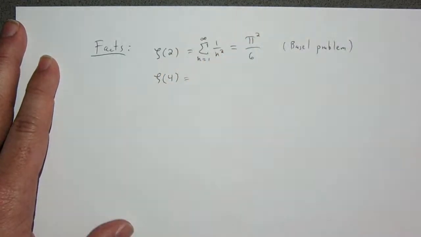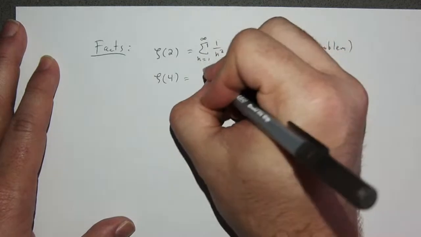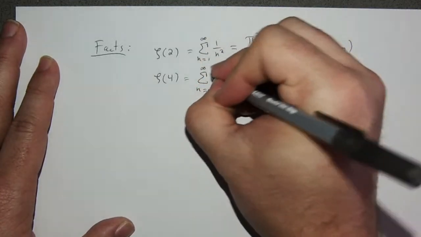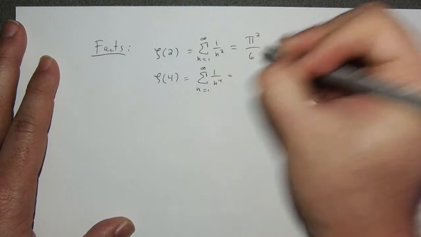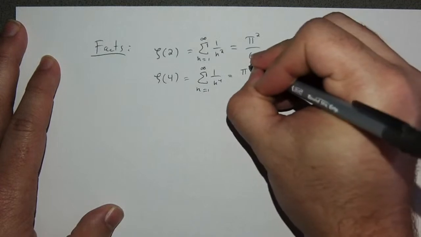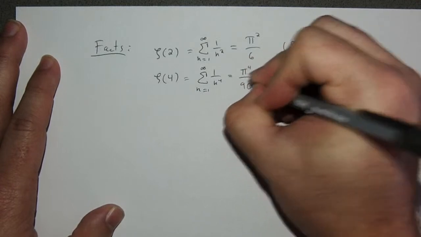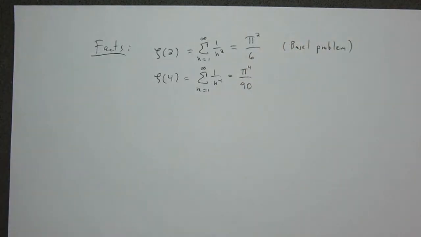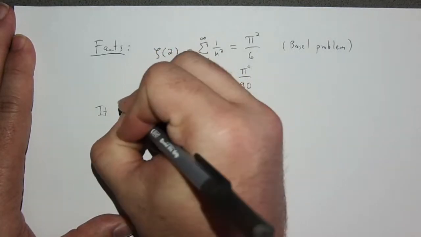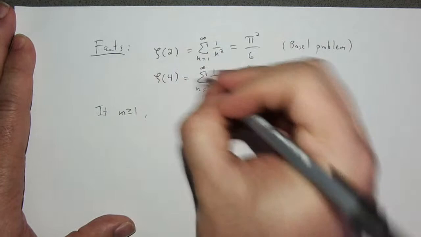So zeta of 4 is, of course, the sum from n equals 1 to infinity of 1 over n to the 4th. And it turns out this is pi to the 4th over 90. This can be done using reasoning that's very similar here. And it turns out if m is an integer greater than or equal to 1,